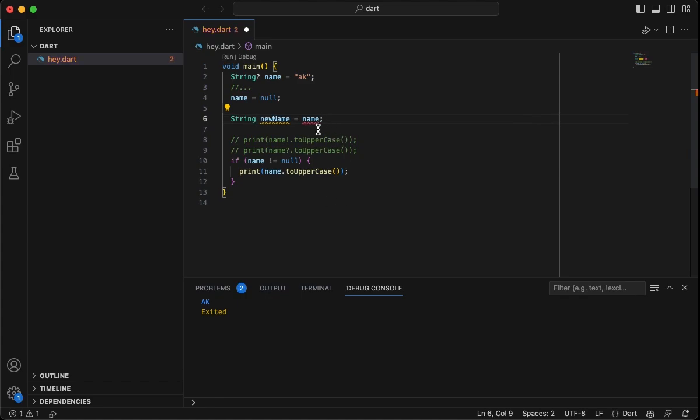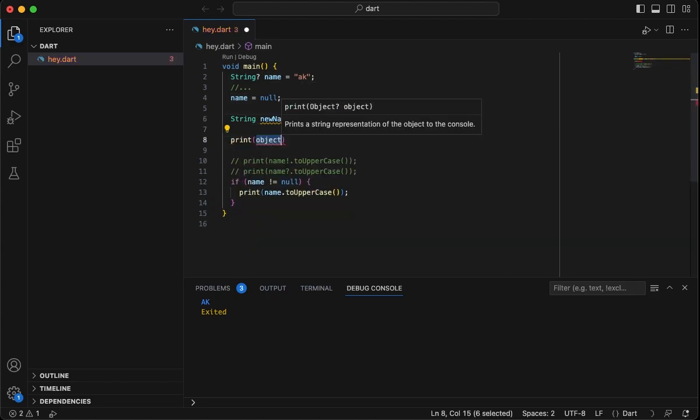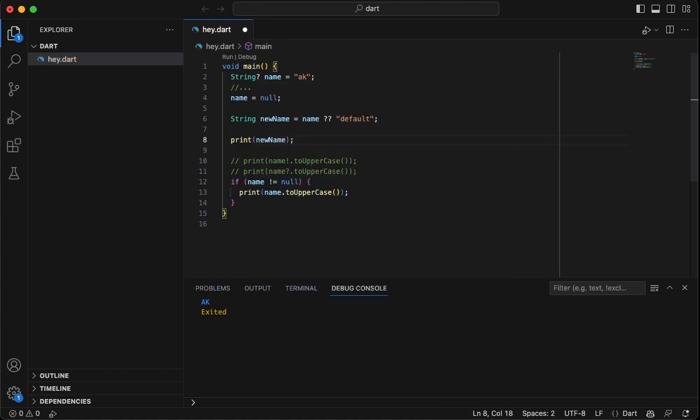But there's another way. Let's say you have a default value. If this is null, you want to add something else, then you can do this. So what it will do is check this. If this is null, it will give this. If this is not null, it will give the name itself. Let's print and see. Let's print the new name. Okay, let's print now. Let's comment this also